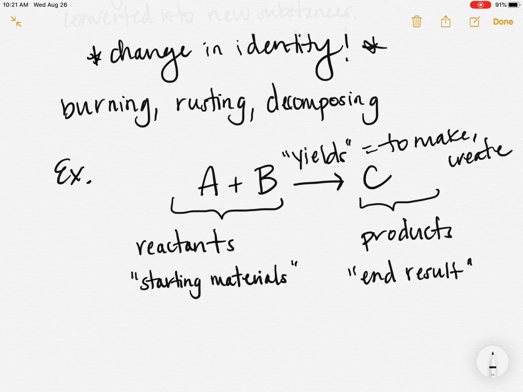Probably the simplest chemical reaction maybe that you know of is baking cookies. It's a silly example, but it works. So your reactants, in that case, your starting materials would be sugar, flour, chocolate chips, butter, eggs. Okay, so in that case, there's a lot of reactants. And then you would yield, or you would create your product, which in this case would be chocolate chip cookies. Okay, so that's a chemical reaction. And we'll be studying chemical reactions in much more detail, along with how do we know a chemical reaction has happened in our next